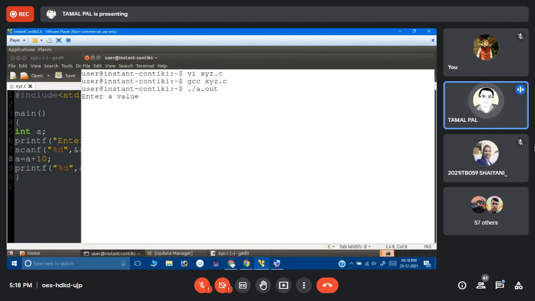So when we run, here something appears: enter a value. Can you see? Yes, sir. Here we have to supply some value, let's say it is 60. So it appears 70.